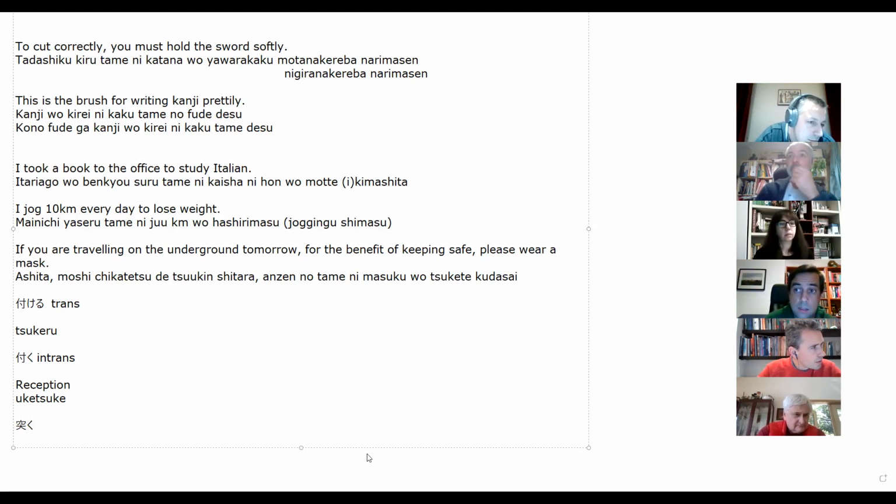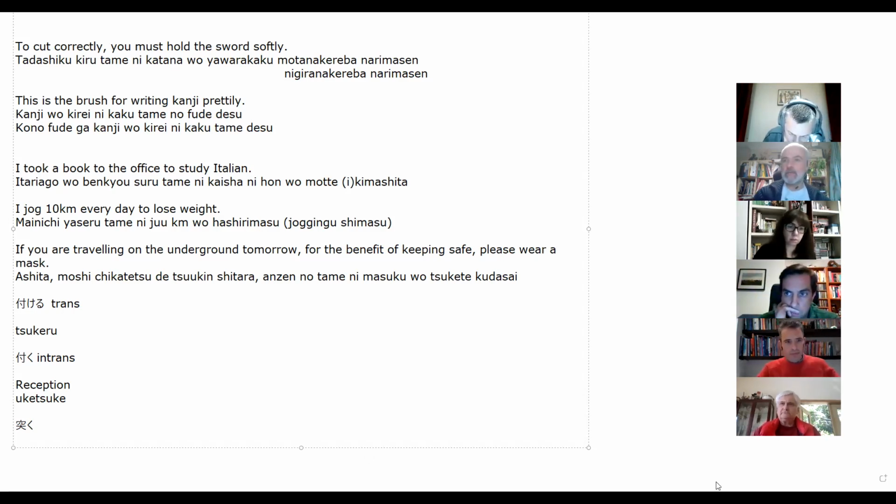Since it ends in ku, it's group 1, and the conjugation is exactly the same. Although, I suppose the only key difference, Joel, just to dig into this a little bit, is that this is the transitive verb with thrust, but tsuku in this case is the intransitive.